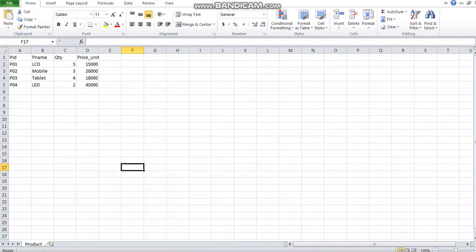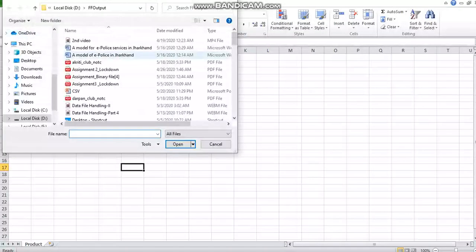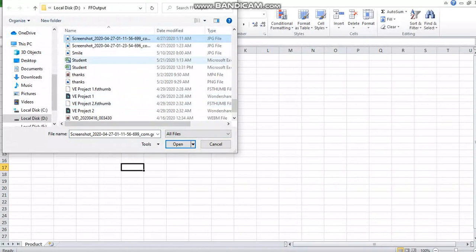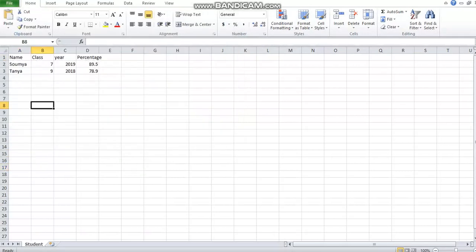Go to Excel and we'll open the file. File name is somewhere student, and when you see a CSV file in Excel, it has an Excel symbol, and something like a special symbol in that. CSV files have a special type of icon, which gives you the difference between XLS files and CSV files. So I have opened the CSV file.